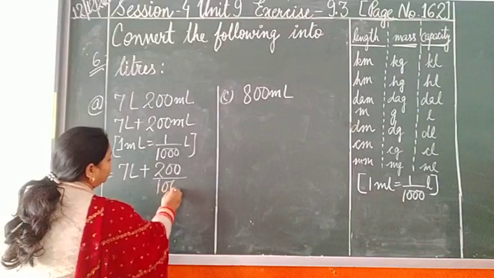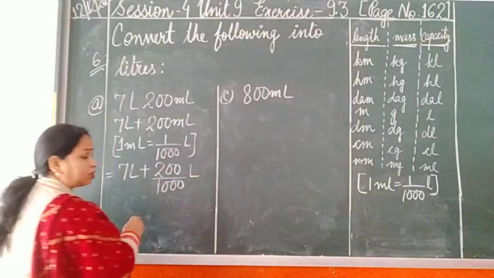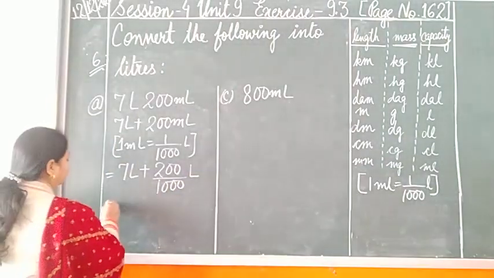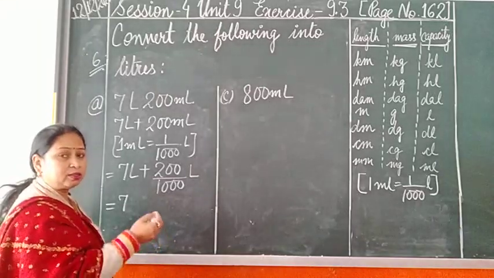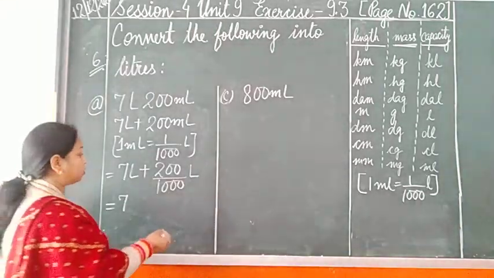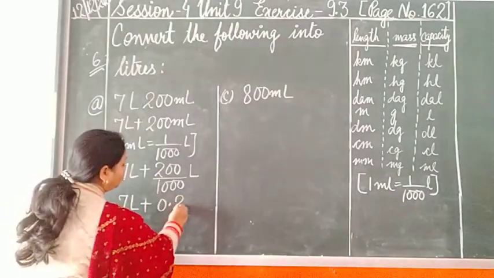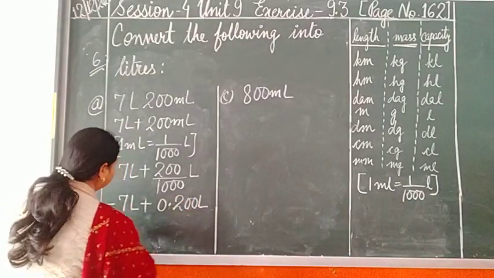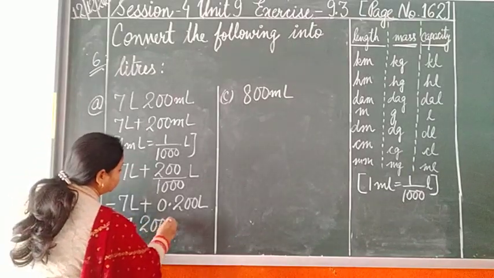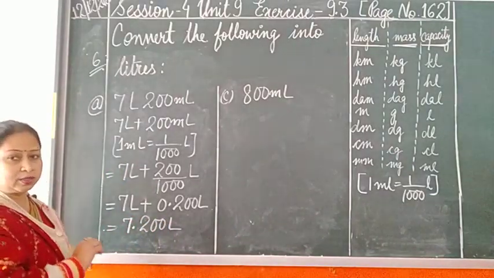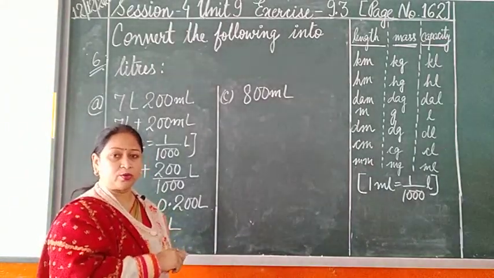The moment we divide it by 1000, ml will not be written over here, it will be replaced by liters. So, we know how to divide it, we know how to convert the given fraction into decimals. So, 7 liter remains over here, this changes to 0.200 liters. While adding up, we will get 7.200 liter. Everything is same except when we were doing for kg and gram, here we are doing for liter